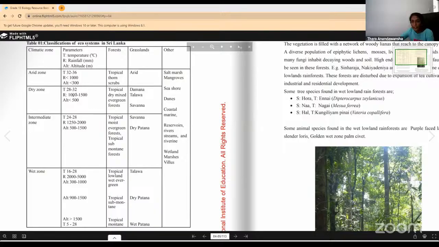In the intermediate zone, 500 to 1,500. And altitude lower than 500 in the dry zone and lower than 30 in the arid zone, right? So the forest types present in these areas are given here. In the arid zone, we can find only thorn scrub, and in the dry zone, we can find tropical dry mixed evergreen forest. In the intermediate zone, we may find